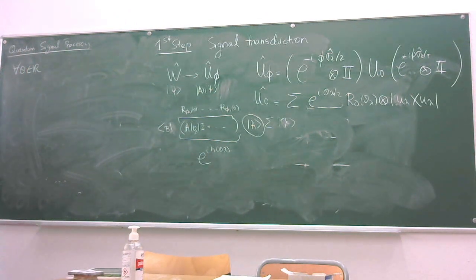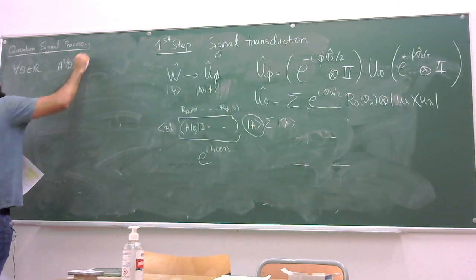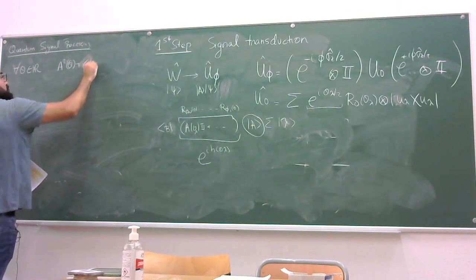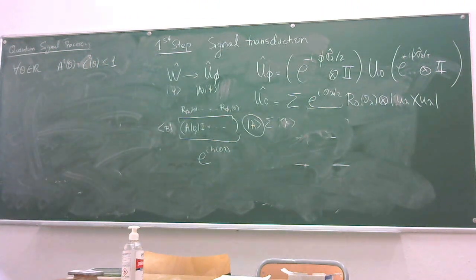For any real value of theta, we are free to choose any angle, such that both functions, the sum of the squares of both functions, must be less than or equal to 1. This is the first condition. The second condition is that A of 0 must be 1. And the third condition is that